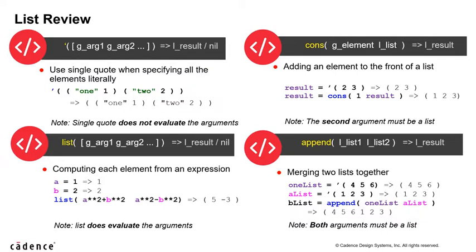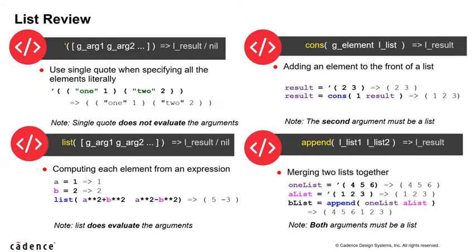number -3. Now if we want to update a list, we can either add an element to the front of the list using the cons function shown here in the third bullet. Here we have a result list containing the numbers 2 and 3. We then say result equals cons 1 onto result, and we see that we have a new list containing 1,